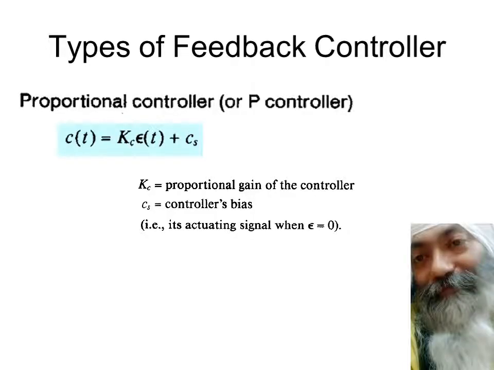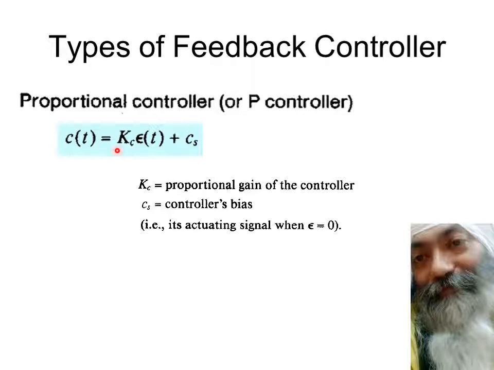We are back with perhaps the most important aspect of the controllers in general, of the feedback controllers in particular. We are going to discuss the types of feedback controllers: the P controller, that is proportional controller, or PI controller, that is proportional integral controller, and we have the PID controller, which is called proportional integral derivative controller. Starting with the proportional controller or the P controller,